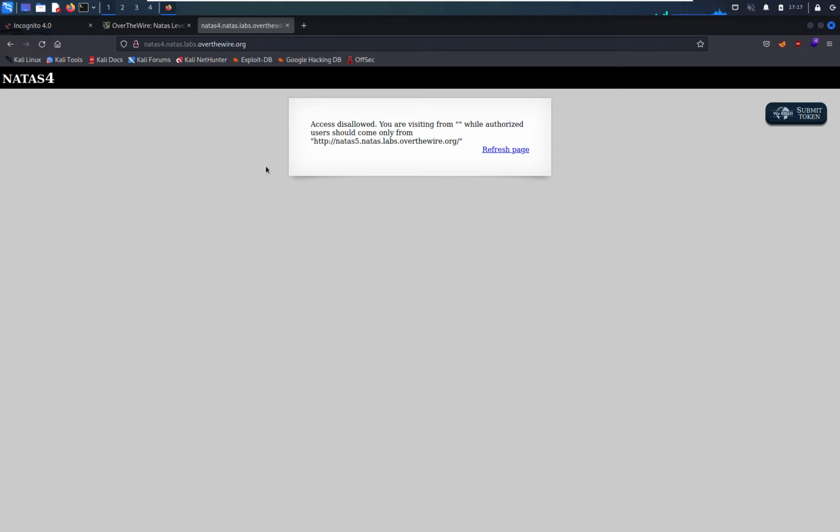All right, so it says here, access is disallowed. You're visiting from an empty string, while authorized users should only come from http://natas5.natas.labs.overthewire.org. I actually have to give myself a quick refresher on what the previous level was. But if anybody has any ideas about how we can progress with this before I dive in, it's been a while since I've done Natus, but if anyone has any ideas of things we could look at,